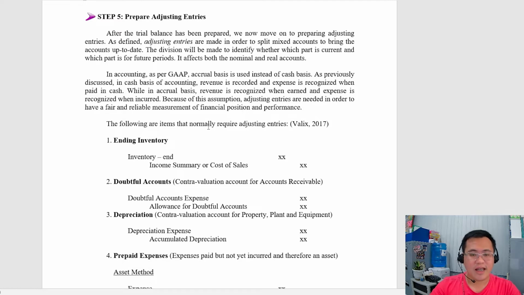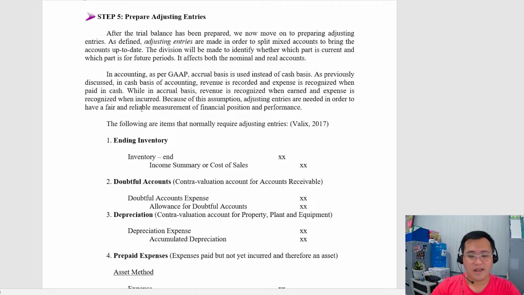In accounting, as per generally accepted accounting principles, accrual basis is used instead of cash basis. As previously discussed, in cash basis of accounting, revenue is recorded and expense is recognized when paid in cash, while in accrual basis, revenue is recognized when earned and expense recognized when incurred. Because of this assumption, adjusting entries are needed in order to have a fair and reliable measurement of financial position